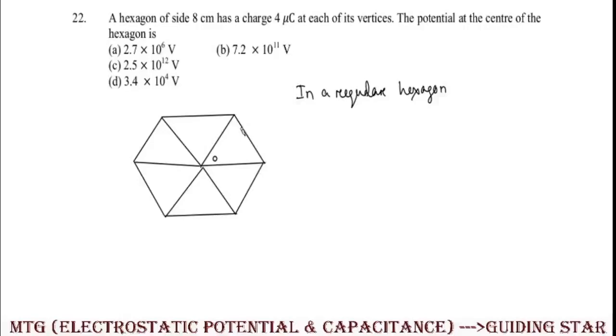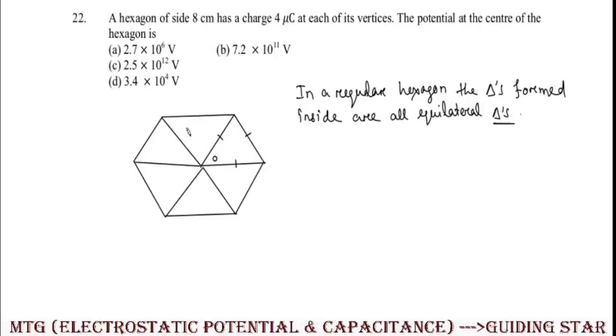Clear? यहाँ पे ये क्या होगा, ये साइड और ये साइड, ये तीनों इक्वल होगा. Clear? So in a regular hexagon, the triangles formed inside are all equilateral triangles. Clear? जितना भी ट्राइंगल यहाँ पे फॉर्मेशन हो रहा है, ये सब साइड्स यहाँ पे इक्वल होगा. तो अगर ये साइड्स यहाँ पे इक्वल है तो मतलब यहाँ पे साइड जो 8 सेंटीमीटर दिया गया, तो ये 8 हुआ, तो ये भी 8 होगा, ये भी 8 होगा। क्लियर? तो ये हमारा सेंटर है।